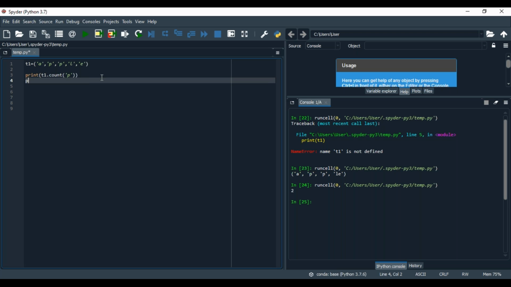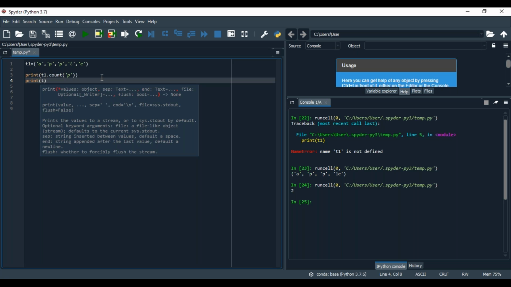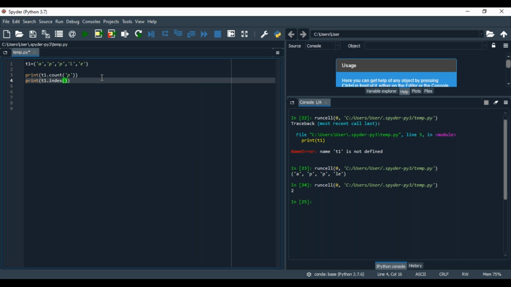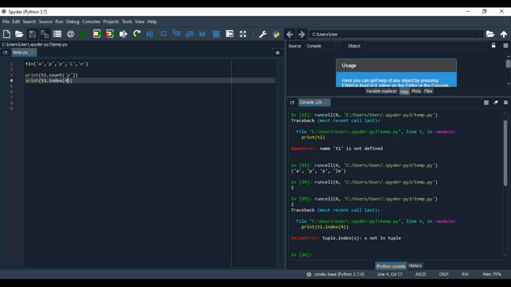Then print T1.index of 4. What would be the answer? 4 is not available. A, P, 0, 1, 2, 3, 4. 4 is available, right?